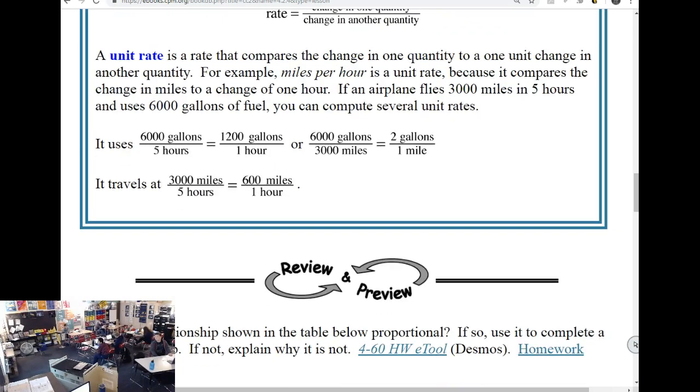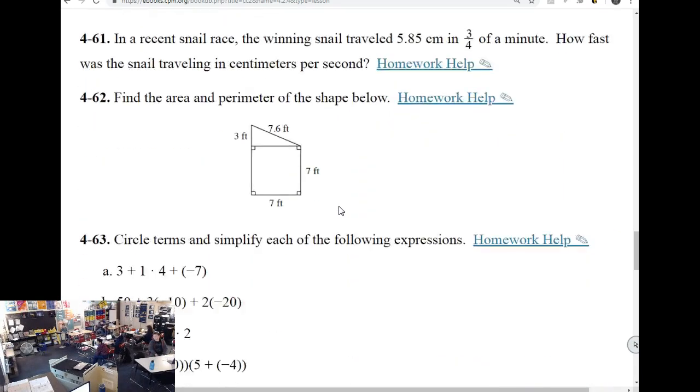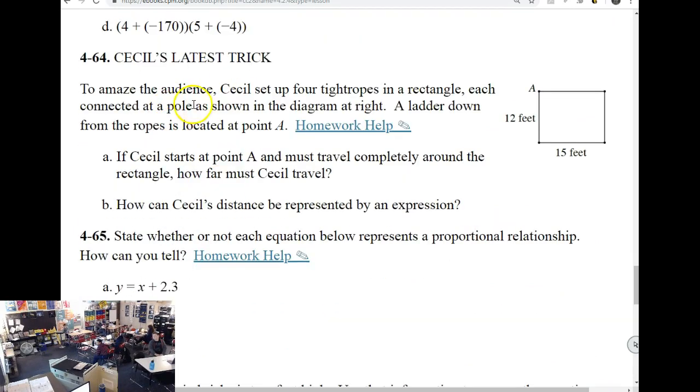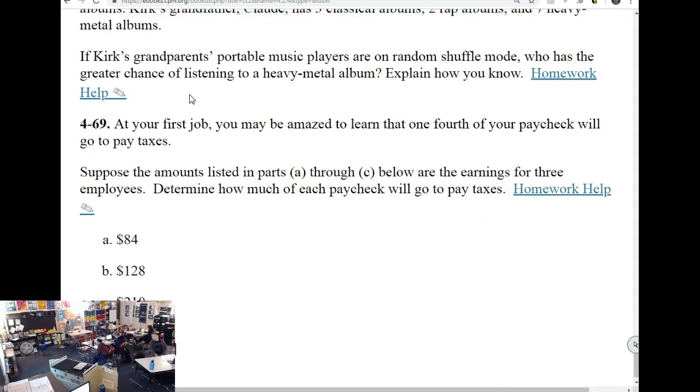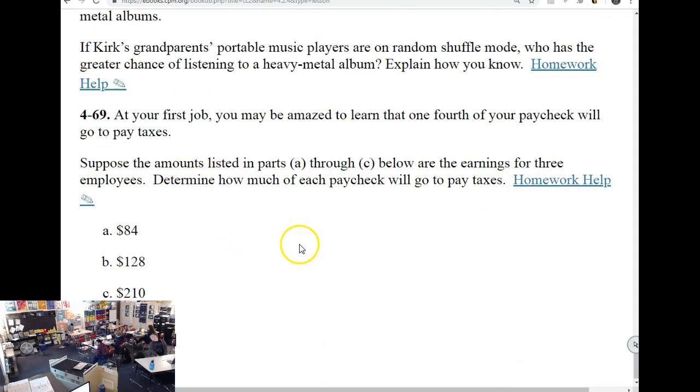So like I said, this is meant to be a 2-day lesson, right? So your homework for the first day was going to be 60 to 64, and then it would be 65 to 69. Oh, okay. Because we're going to split that. And this is actually going to be okay to split because we're going to have one part of the